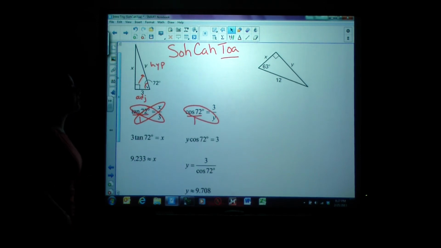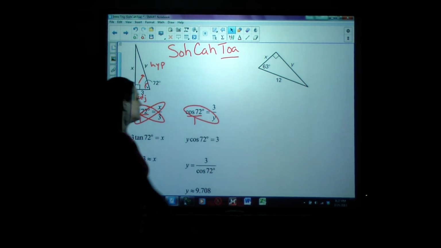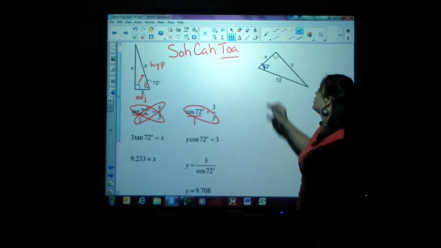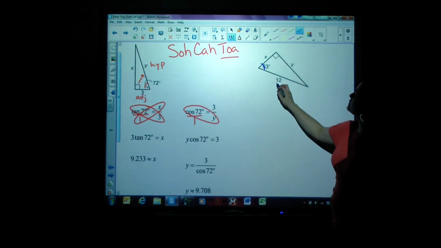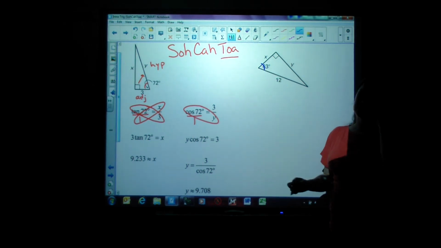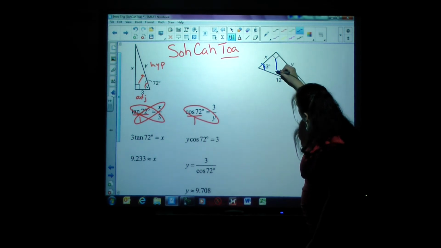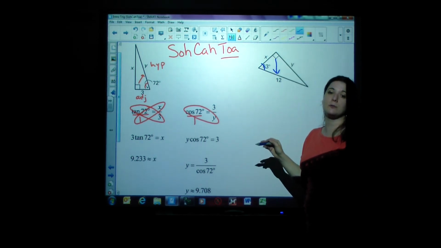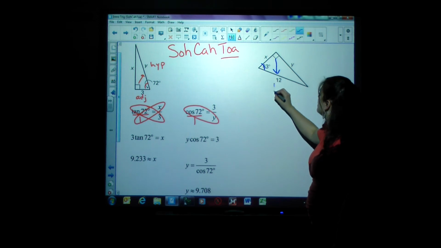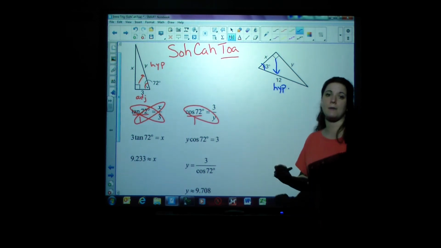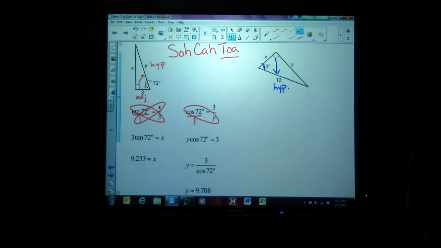Again, we have an x and a y we need to solve for. We need to stop and evaluate what our given information is. So, here is the given acute angle. And we're also given 12. How is 12 related? Some of you might be thinking it's adjacent, but that's not correct because it is not specific enough. Notice your right angle, and that 12 is across from your right angle, which means if you're being as specific as possible, this is the hypotenuse and will always be the hypotenuse and should only be thought of as the hypotenuse. So we are given the hypotenuse with this acute angle, and if we start with the variable